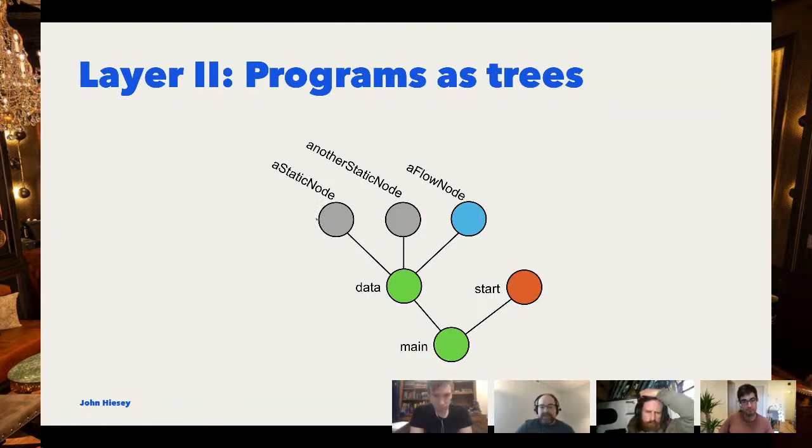Like in Excel, you just make cell A1 2 or something. That's more like this. And then this blue node here, which I'm calling a flow node, is a reactive node. Think of that like a formula in a spreadsheet. So a flow node would be, equals in Excel, for example, or Google Docs or LibreOffice, you'd write equals and then a formula.